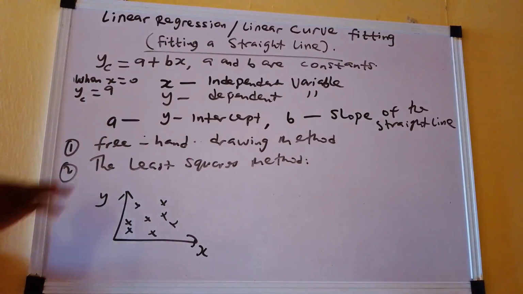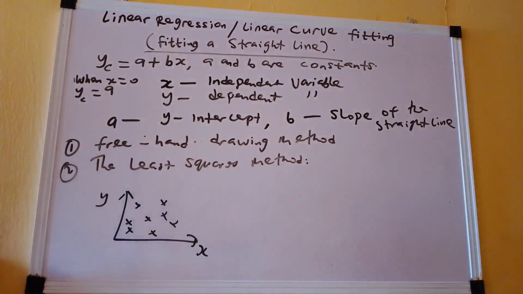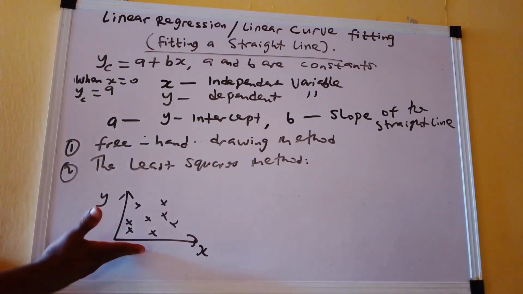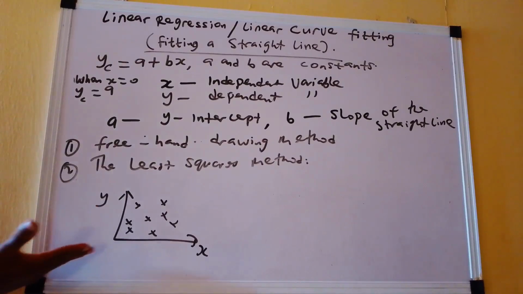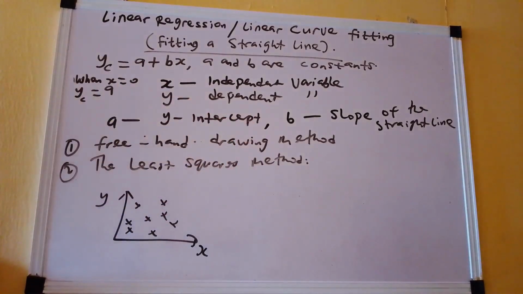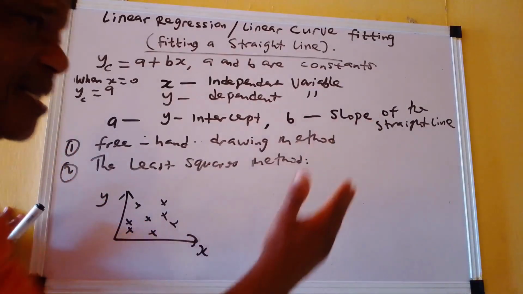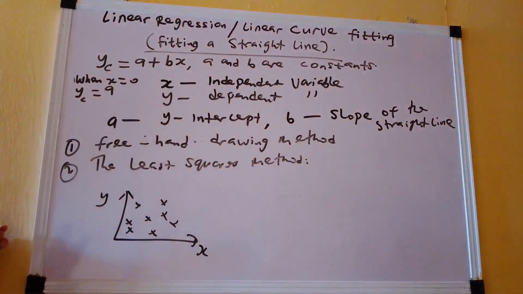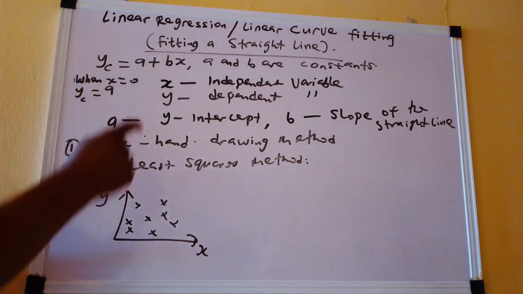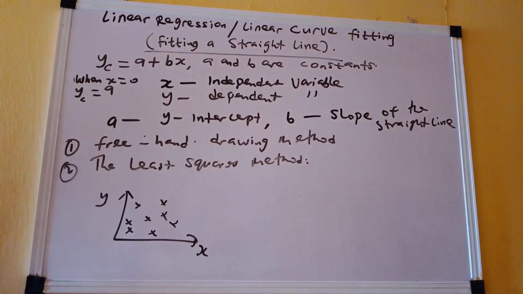But now, the freehand method is the simplest method. Just like plotting the normal graph, you are able to use a transparent ruler to sketch a straight line. The challenge here is that the slope will differ from person to person. It may not be easy to get the slope, and the slope B